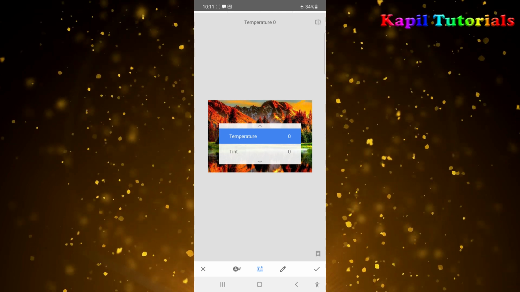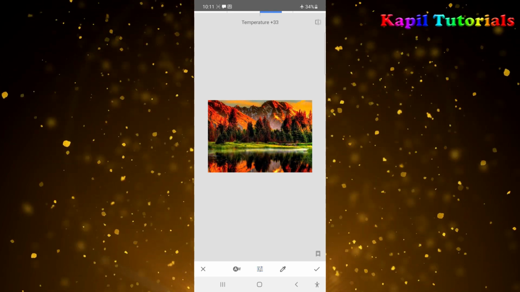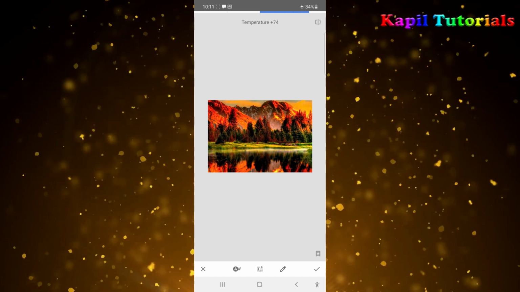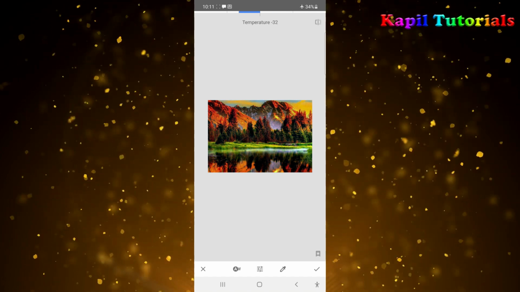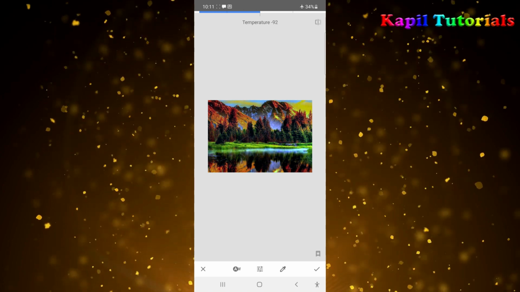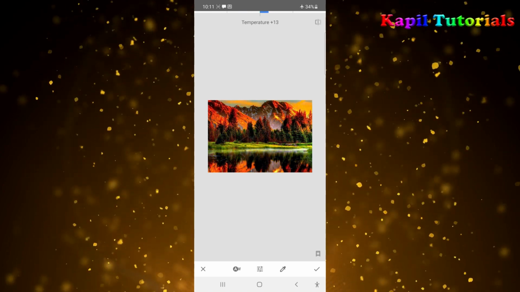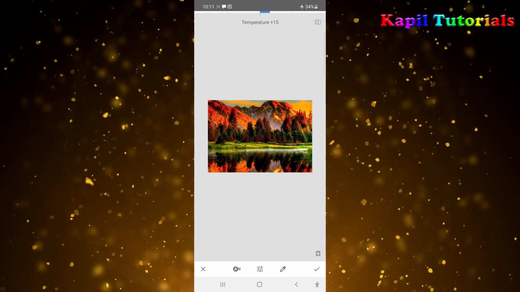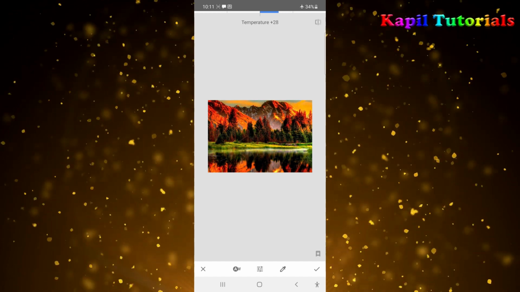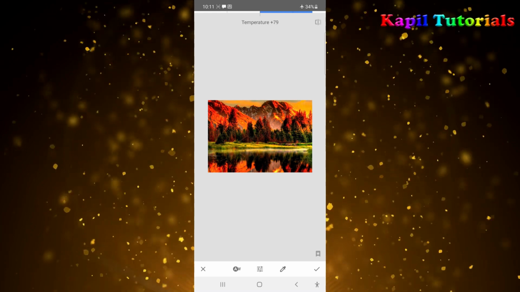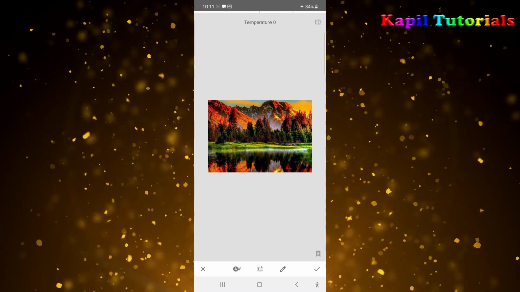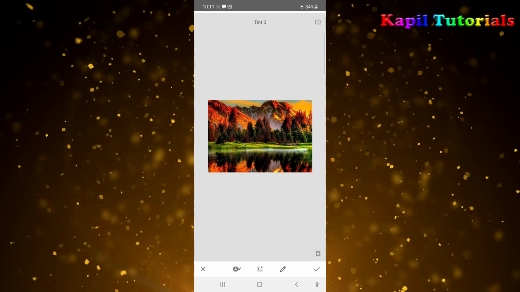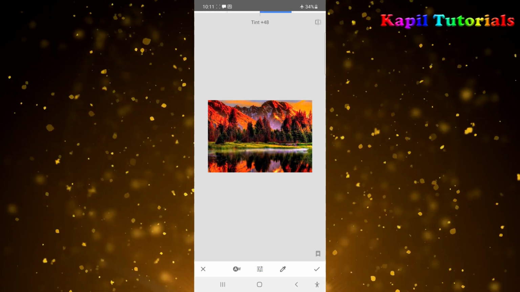So if I am clicking upon temperature, again it is just like the burning of the colors, like warmth. Here it is decreasing, means like in day, the day is more warmer. It is just giving the same kind of effect, like when the temperature is more, now the temperature is less, that effect it will give. And then second, tint, changing of the color variations.